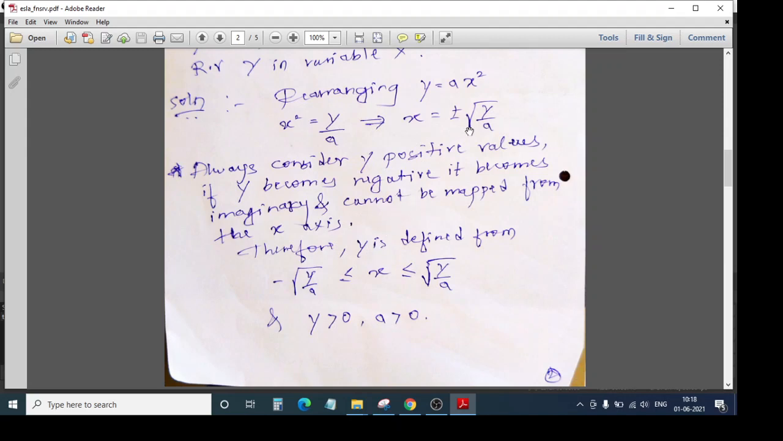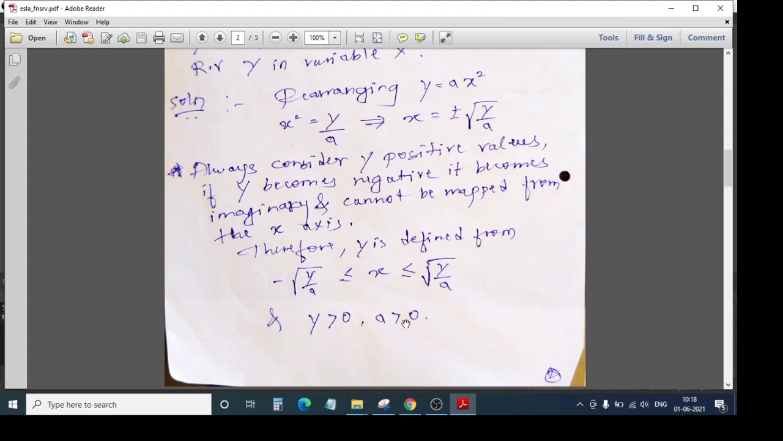Next is this y, it is having two values. One is minus square root and another one is plus square root. So therefore our x is lying between what now? It is lying between minus square root of y by a and plus square root of y by a. And as we decided just now that the value of y should always be positive, that means y should be